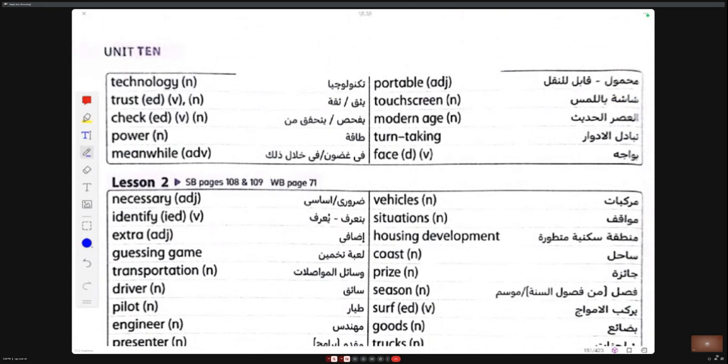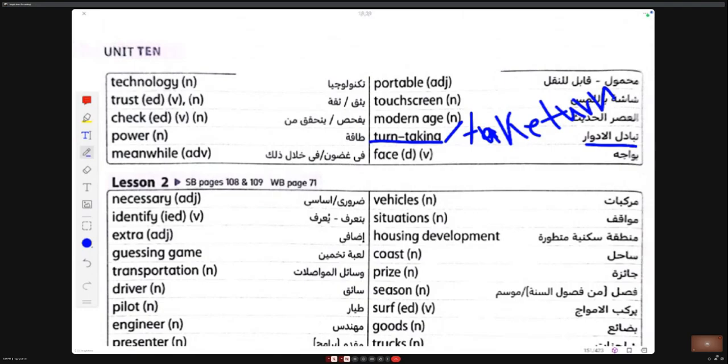Technology, trust, check, power, meanwhile, portable, touchscreen, modern, aid, turn taking, face. We can say take turns. Take turns means يتبادل الأدوار, like turn taking.